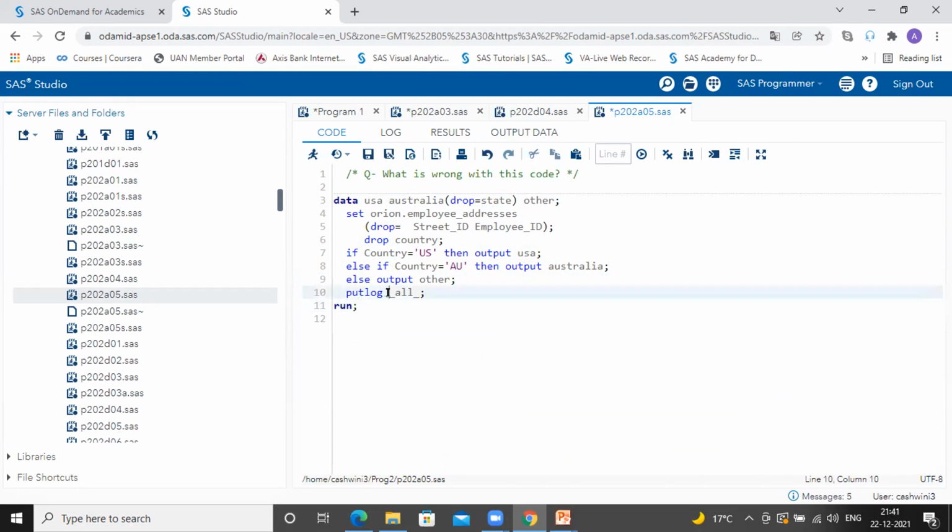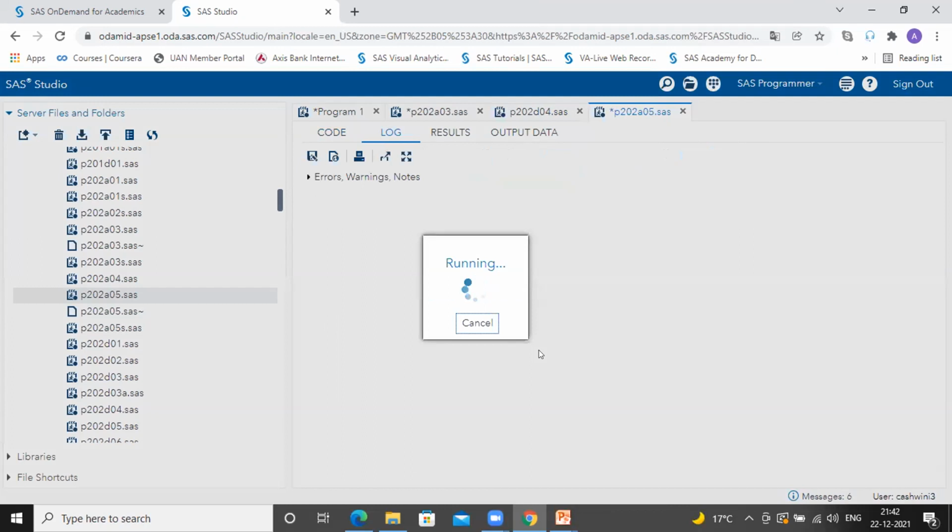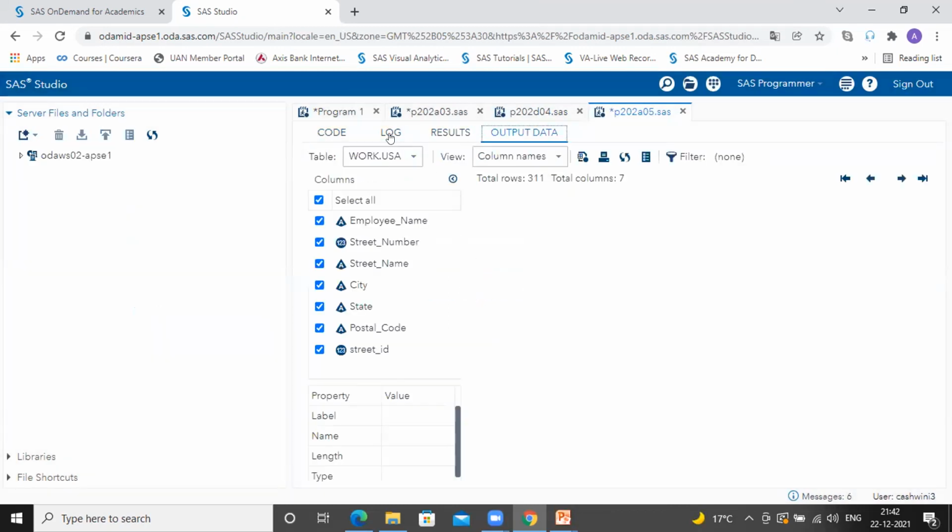If you want to check only a few variables, you can write those variable names, for example how the country variable is getting processed, or how street is getting processed. I'm just giving you an example. You can use the variable names with the put log statement. When you execute with put log, we'll see it in the log.